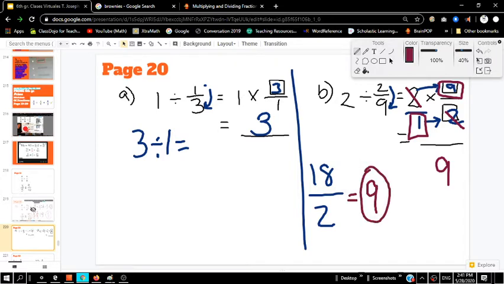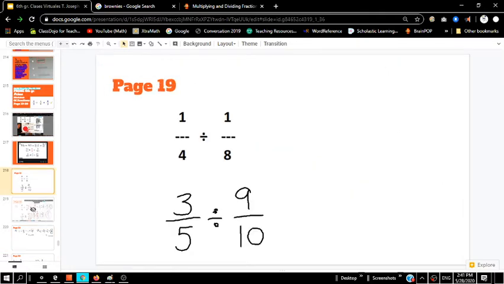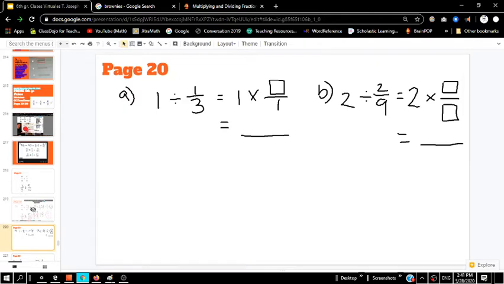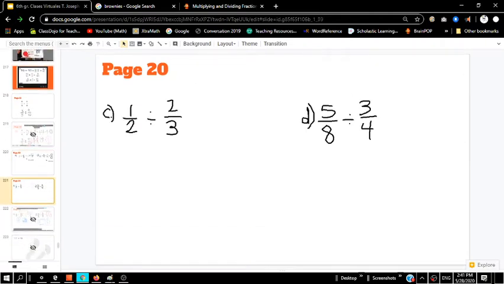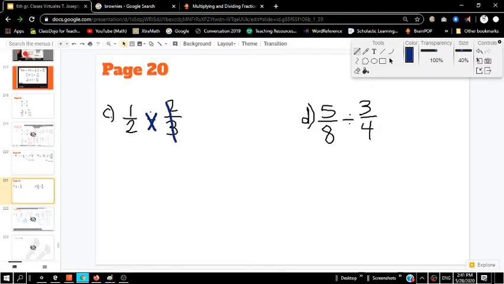All right, let's do letter C. Letter C says 1/2 divided by 2/3. If we take 1/2 divided by 2/3, again, we are multiplying by the reciprocal of the second fraction. So this changes to a multiplication sign, and this changes to 3/2. 1 times 3 is 3, and 2 times 2 is 4. So we're left with